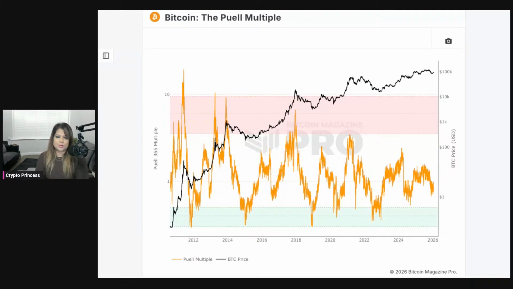When the Puell Multiple is unusually high, and our charts measure this differently, I think the chart on TradingView measures it at over 6 or 7. On this particular one that I look at, because it's just easier to understand, it's over, say, 3. So when miner profit is unusually high, miners will sell a large portion of their Bitcoin, because they have real costs that they need to cover,